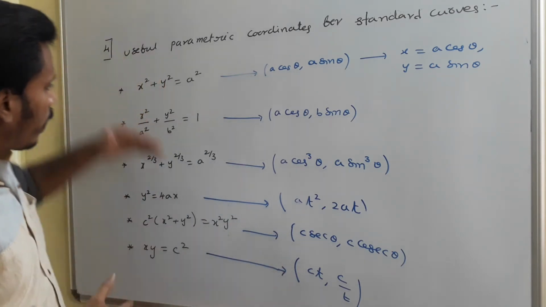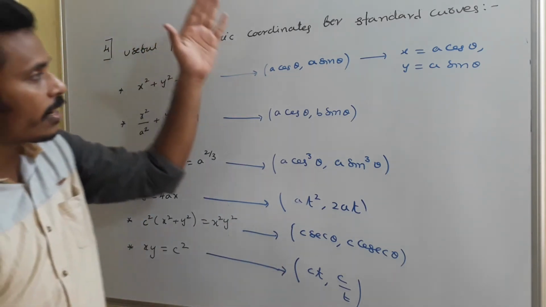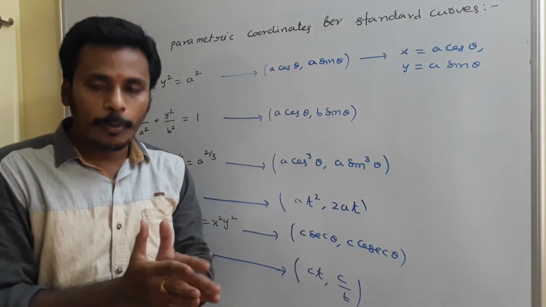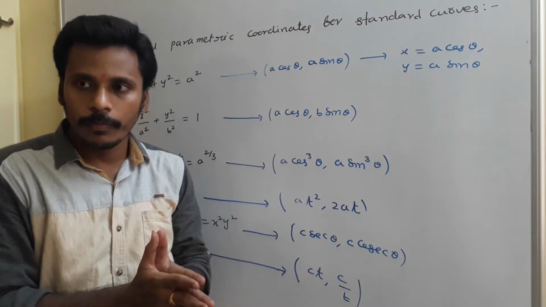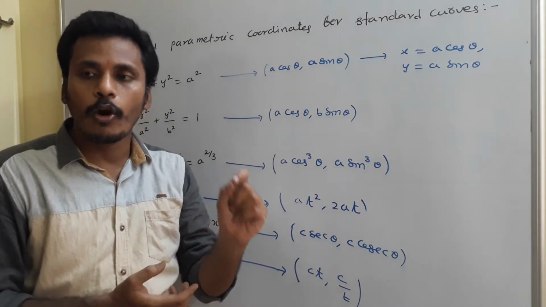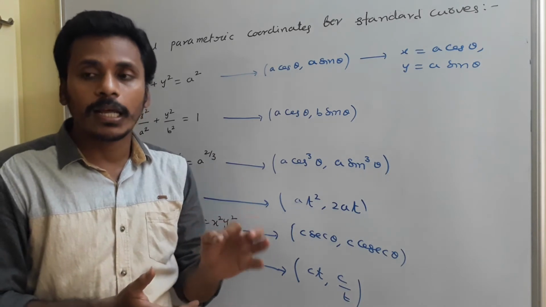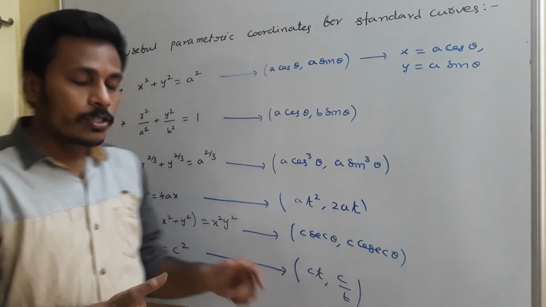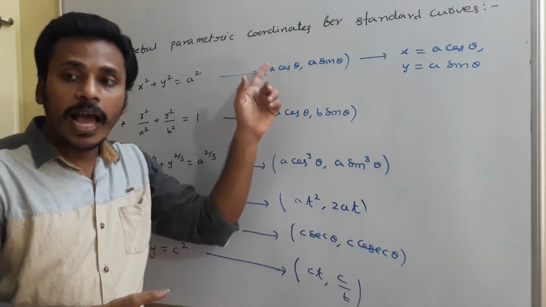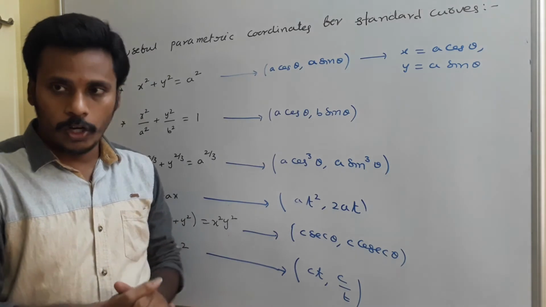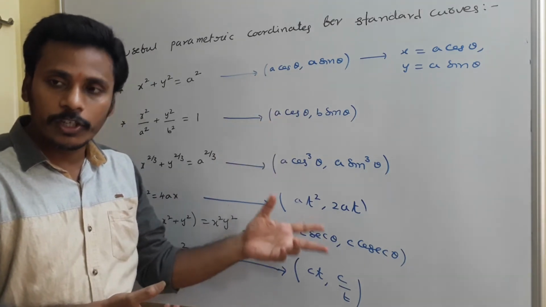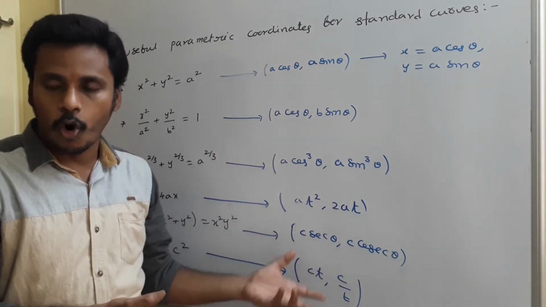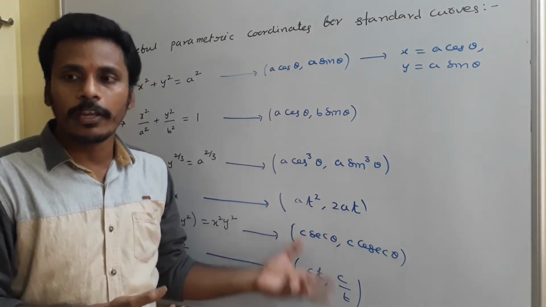curves. Here I just mentioned standard curves and their general parametric coordinates. Parametric coordinates, what does it mean? Generally, in a problem, if a curve is involved, to solve the problem we need a point on the curve, a general point on the curve, in the sense that the point satisfies the curve. So these are the standard curves, and here I mentioned the general parametric coordinates. That means these coordinates for sure satisfy the curve. Generally, we consider these as the standard parametric coordinates, which are very useful to solve many problems.